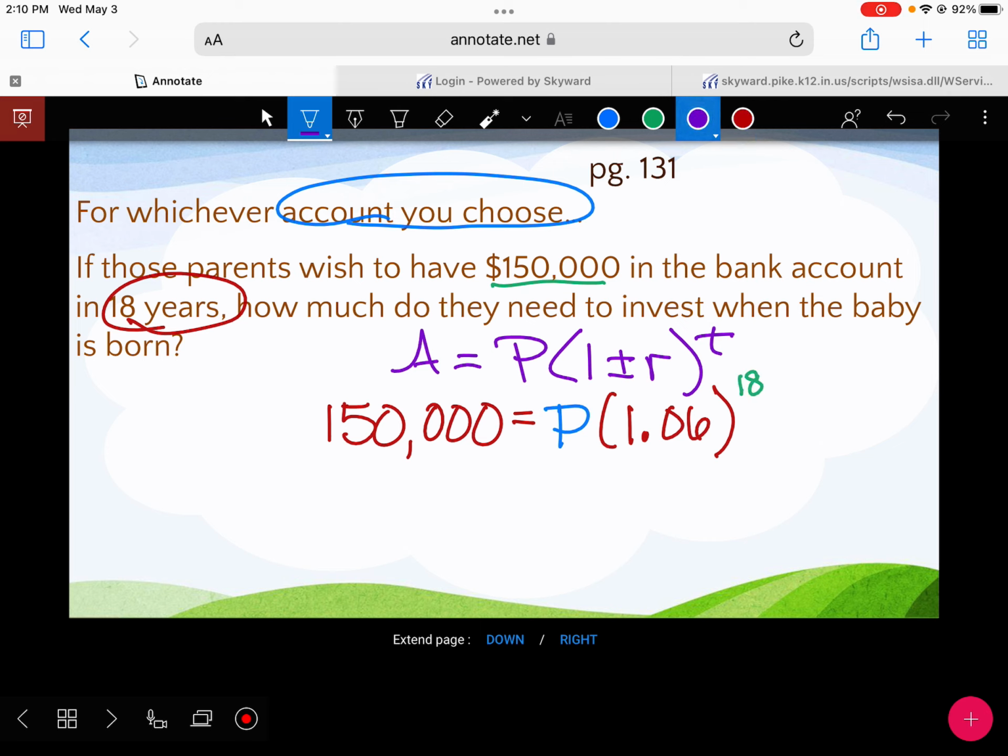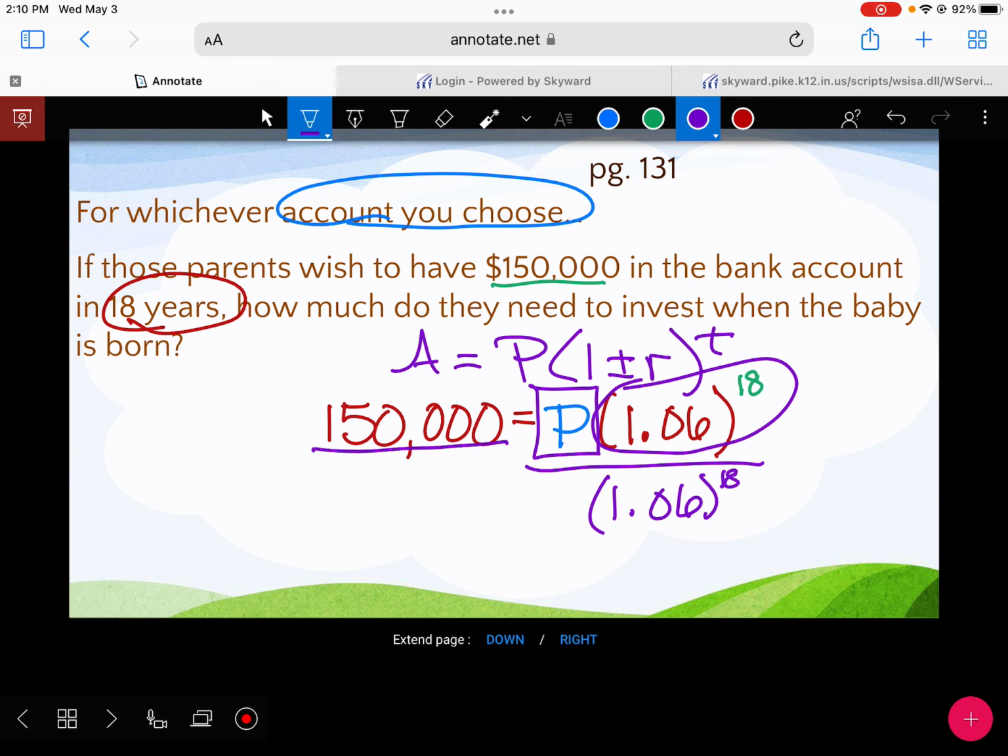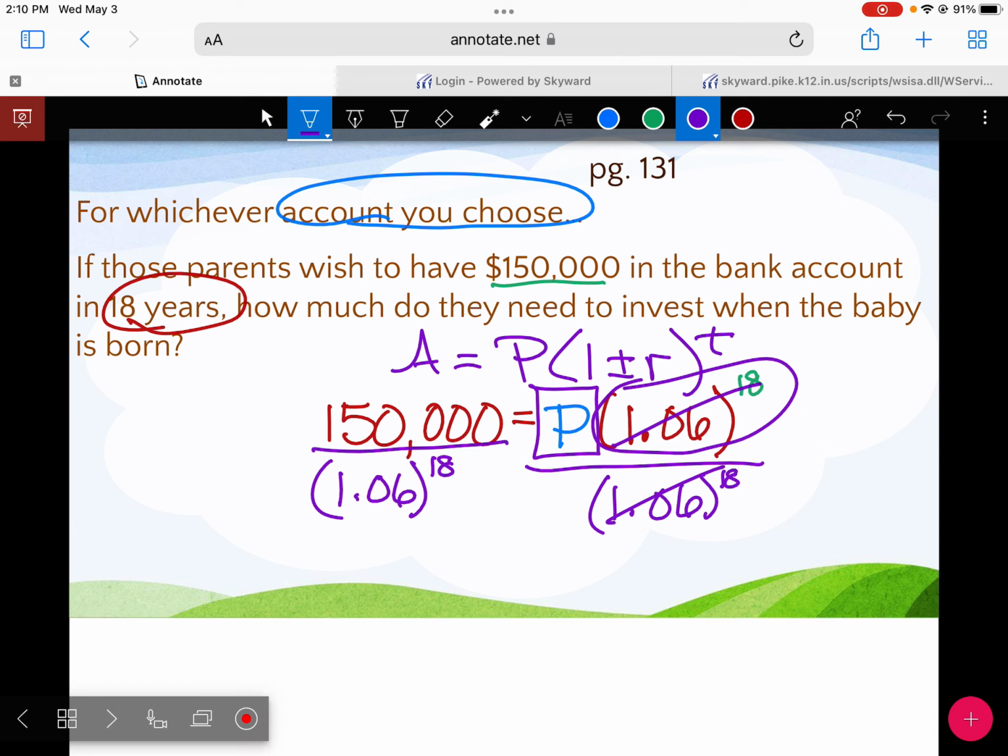So I'm trying to solve for P. I want to get P by itself, right? So what would I need to do? I need to divide. Now, you can either calculate this and see what it is and divide, or you can divide it on the other side. So $150,000 divided by 1.06 to the 18th power. These cancel out. So P, the initial amount we would need to put in, would be